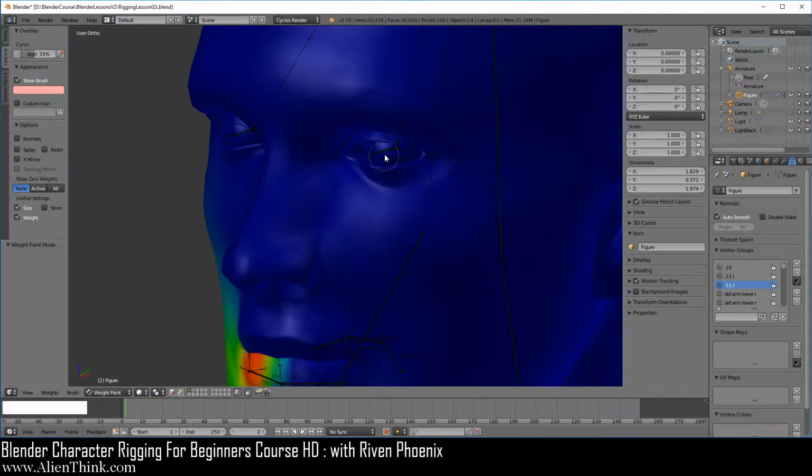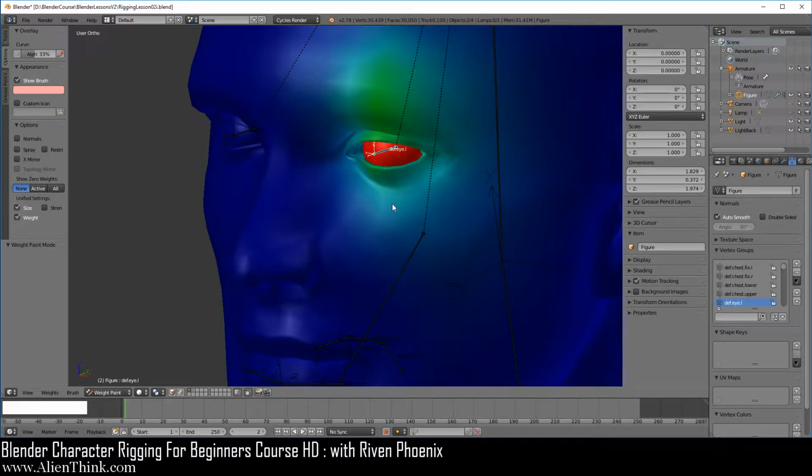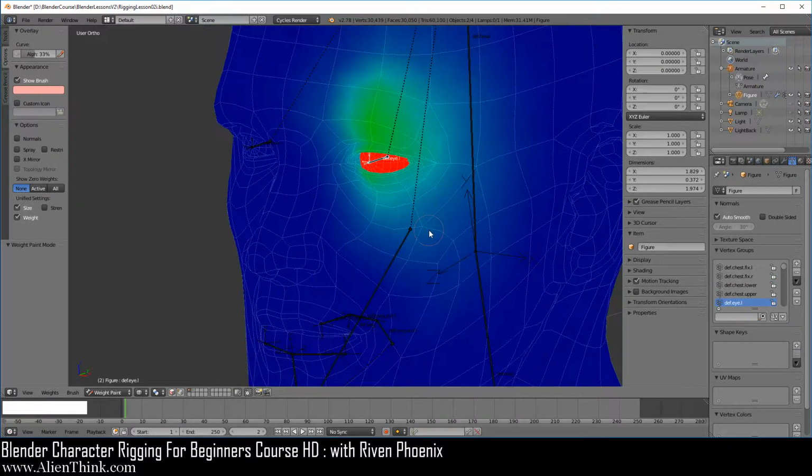Go ahead and zoom in and just click on the eye bone and press the Z key to go into wireframe. Now if you press the R key 2 times, you'll notice that when we try to move the eye, a bunch of vertices that are surrounding the eye are also moving. So what we want to do is take these vertices and transfer them over to the head bound.